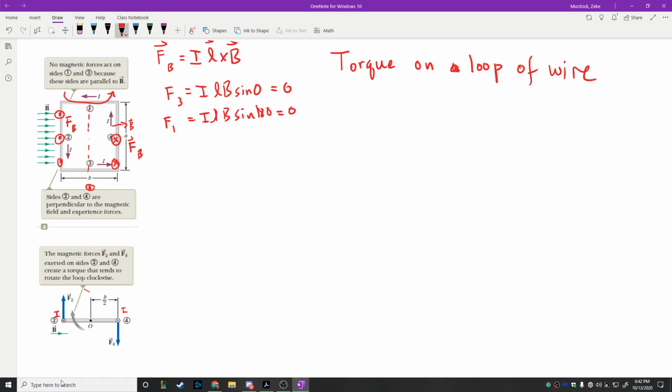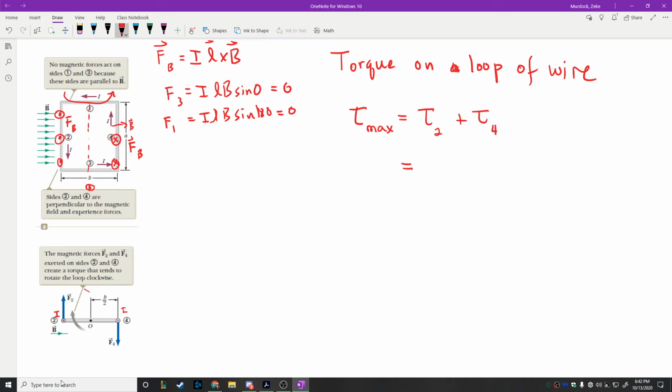Okay, so for our loop right here, we're going to get torque. What I'm going to first calculate is what I call the maximum torque, and then we'll calculate the torque due to this orientation at an arbitrary angle. So in this position, the torque on side 2 plus the torque on side 4 is going to be our